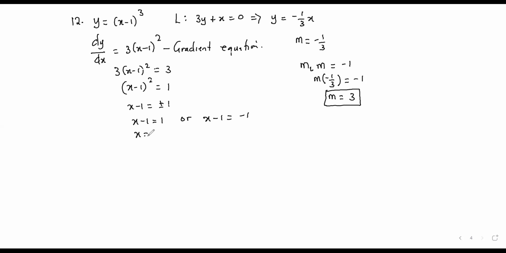So x is equal to 2, or x is equal to 0. So whenever I get x, I quickly rush back to y and substitute. So I'll have 2 minus 1 to the power 3, giving us 1, or 0 minus 1 to the power 3, giving